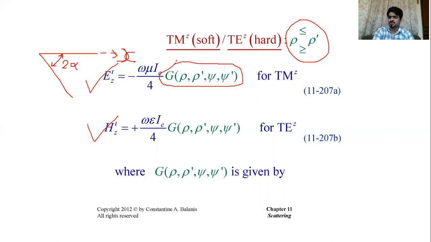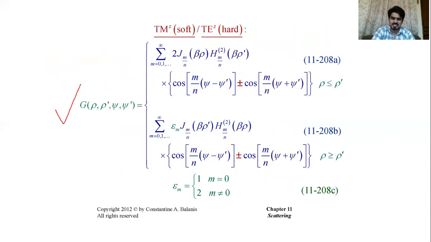We are going to discuss this Green's function from the next lecture. We will start discussing in detail, but basically what we are trying to say is, after rotating our structure along the phi direction and placing it like this, where one of the faces of the wedge is along the x-axis, and when we use that as a reference, you simplify the expressions for the EZ and HZ components, and you can write them in terms of a common function. That common function is nothing but Green's function, and that Green's function is given by this expression again.